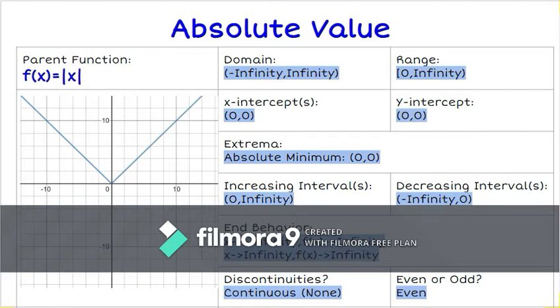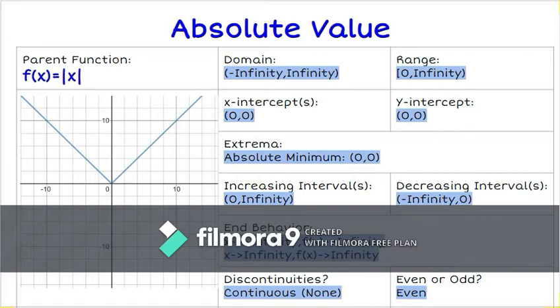The domain is pretty simple, pretty self-explanatory. As we can see, it goes infinitely from negative infinity, left to right. It goes infinite in both directions. And then for the range, which is bottom to top, we see that it starts at 0 and then